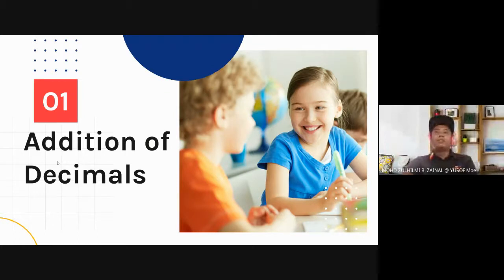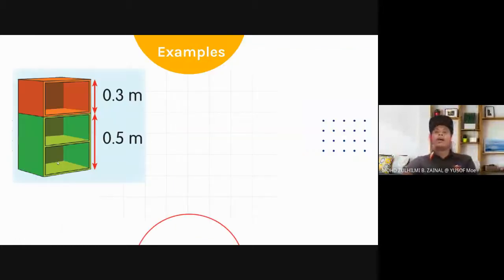Okay, then we continue on addition of decimals. Alright, I give you some examples. Okay, some examples, which is the first one, 0.3, 0.5. Okay, this is the stacked up cupboard lah. Dia macam dia dicantumkan. Okay, so originally yang green tu 0.5, and then I add some more. I add 0.3 cupboard tu, yang atas tu 0.3. So what is the total height of the decimal of the cupboard? Okay, later what should you do is